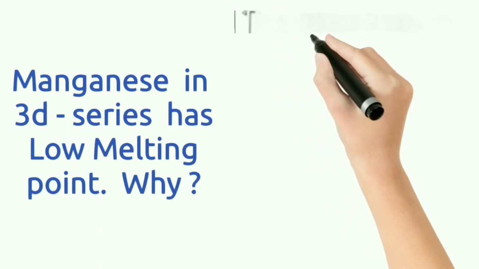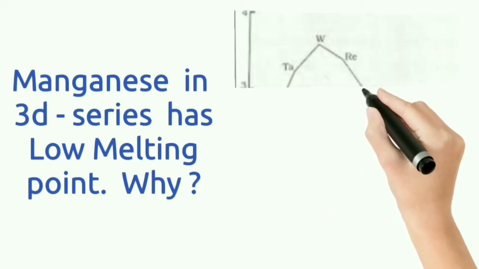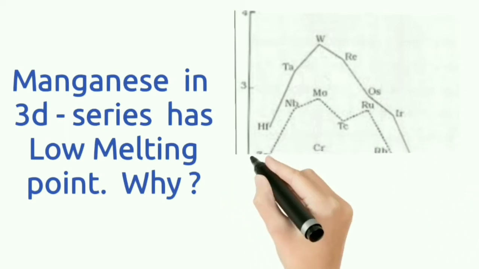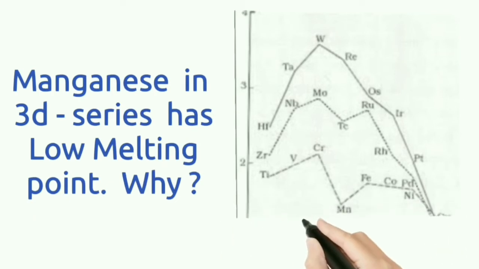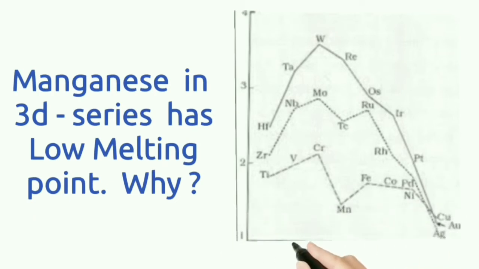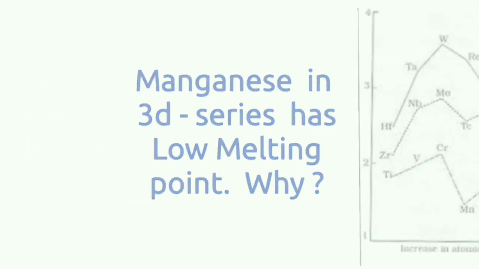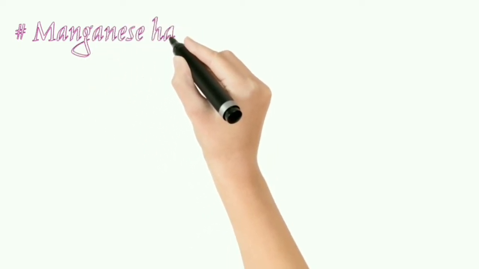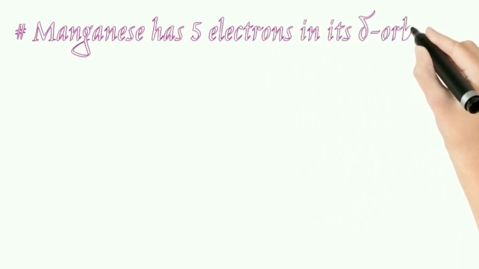Am I right? Argon with 3d5 and 4s2 configuration it has. So manganese has the highest number of unpaired electrons in the series. At the same time you have to check the stability of this one. Even though it has 5 unpaired electrons, it is more stable. Am I right? So manganese is more stable in half filled configuration. So that is why it has low melting point. The maximum melting point at about the middle of the transition metal series indicates that d5 configuration is favorable for strong interatomic attraction.